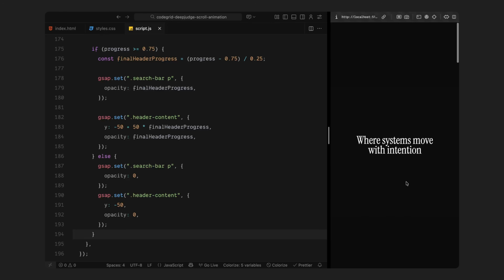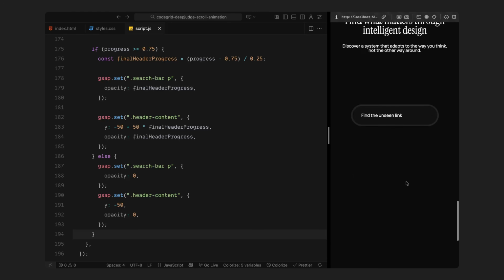This brings us to the end of the animation sequence, where the spotlight ends and the interface lands into a new static state, ready for